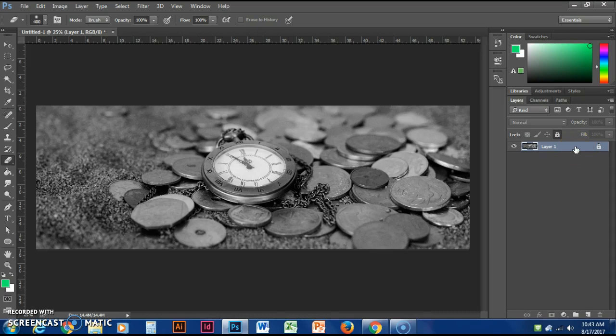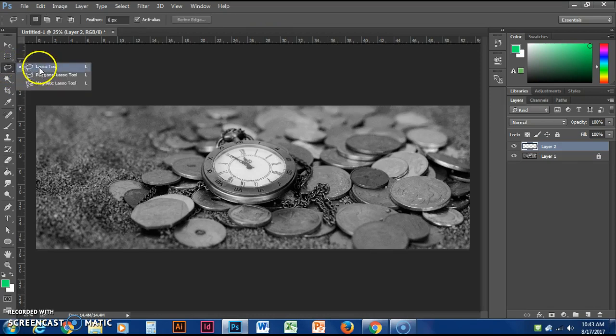A non-destructive way is what we did before, where you make a layer on top. We're not editing the actual photo; we're editing a layer on top of the base photo, using blending modes and different things. This time we're going to use a layer mask. Remember when I used the eraser tool to erase the color from this area early on in the last video? Instead of doing it that way, I could just take a